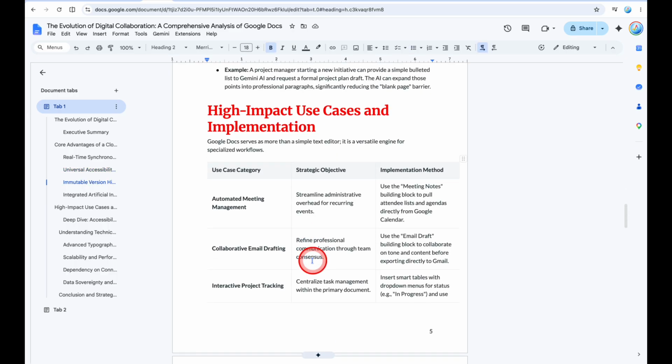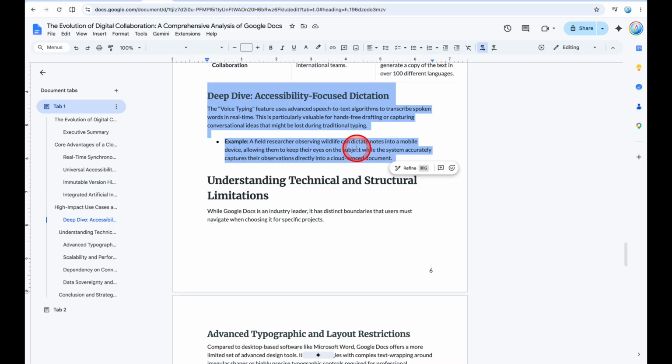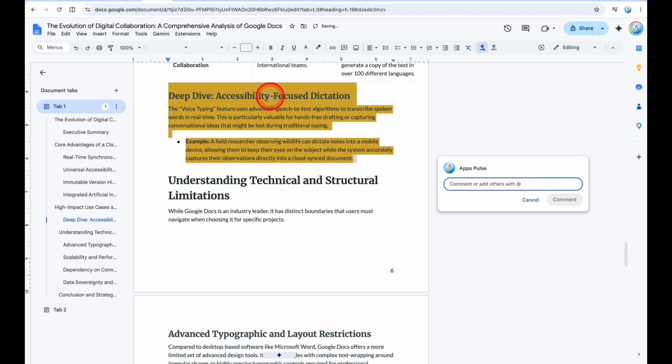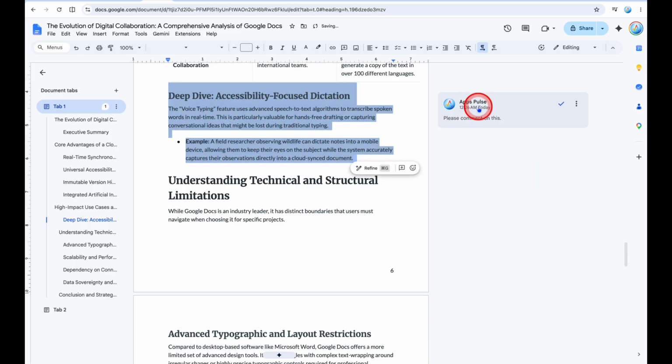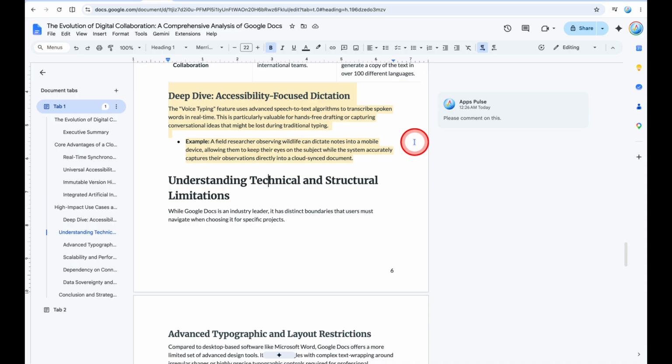Let's try the comment feature of Google Docs. When you highlight it, there is a refine, add comment here. Click the plus sign and it is being highlighted. Please comment on this. And then there, you see it's registered here. So it's highlighted, it means that somebody commented on it. And this is the comment. If you want to edit it, delete, see emoji reaction details, or get link to this comment.